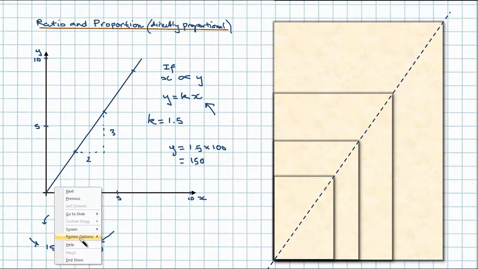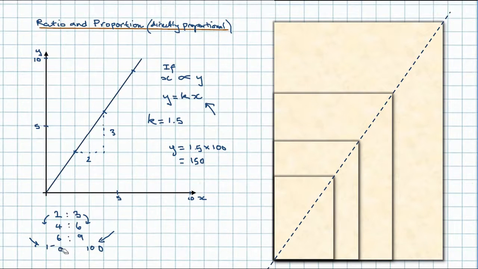Okay, so what was I given? I was given that y was 100. Okay, so let's have another go. Okay, so y is 100, so I substitute my 100 in here. 1.5 times x. Now, if 100 equals 1.5 times x, then x must equal, we'll divide both sides by 1.5, so I've got 100 divided by 1.5 now. Okay, so I'm going to double that to get 200 divided by 3,